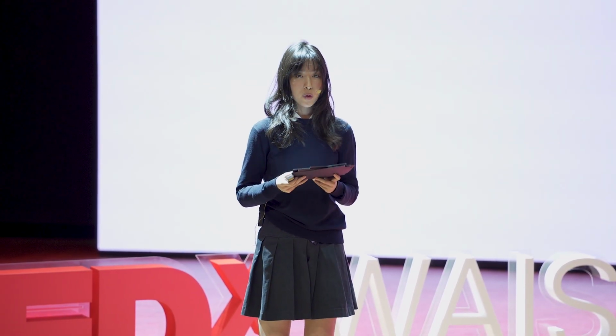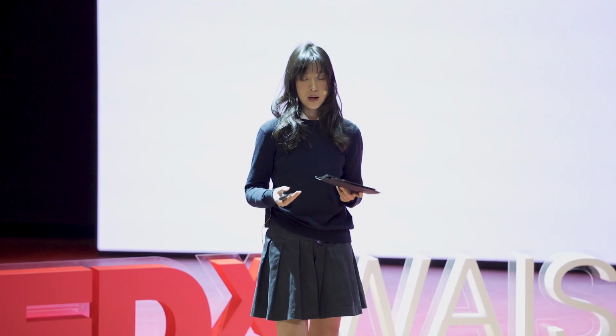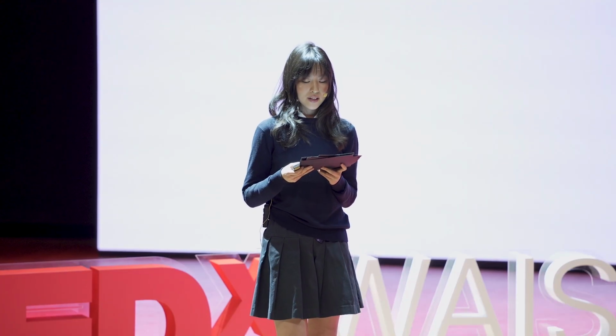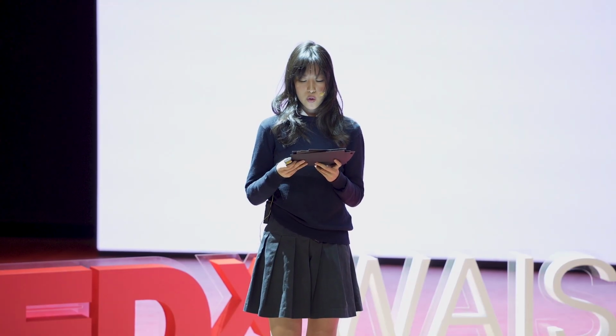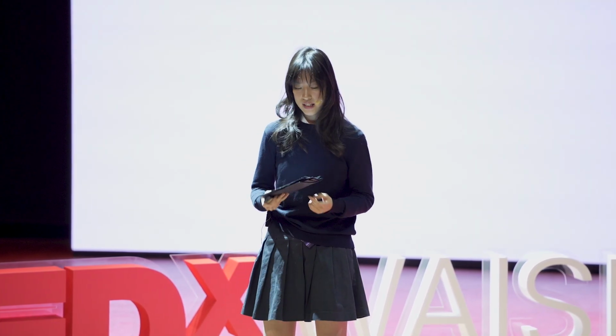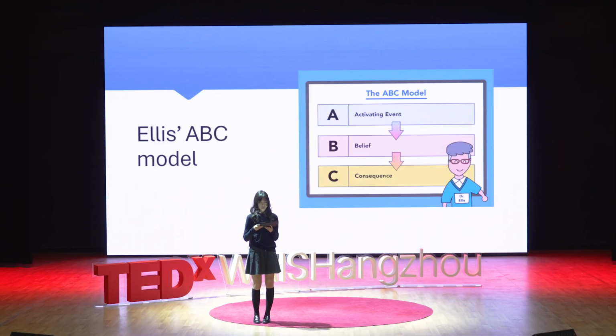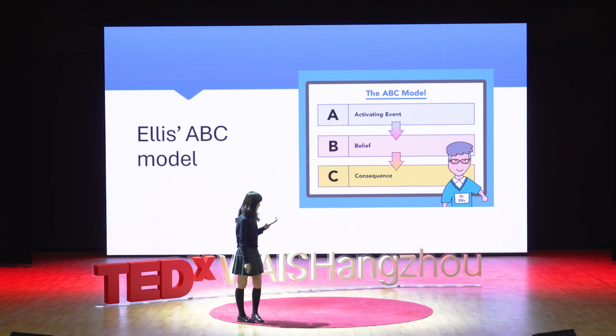Once they have a negative way of thinking, they are more likely to perceive things that happen to them in an abnormal way. This leads to negative self-schema, where a person's whole belief system about themselves is covered in negativity. Besides, Albert Ellis developed the ABC model. A refers to activating event, B is the belief, and C is the consequences.